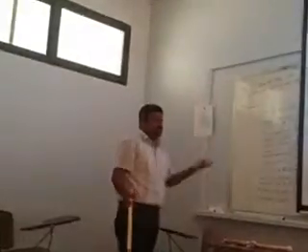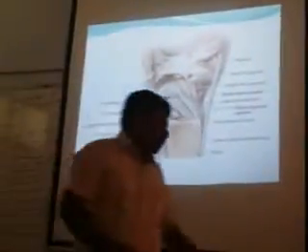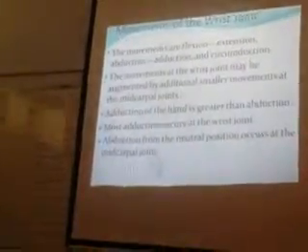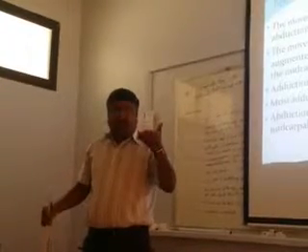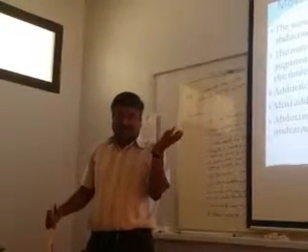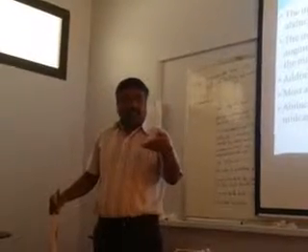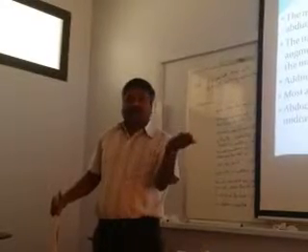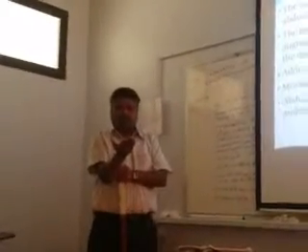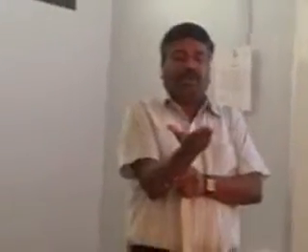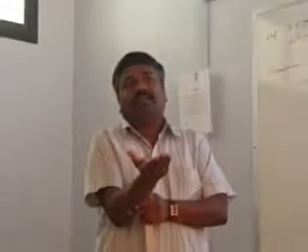So that is about the capsule and then the ligaments. Next, look into the movements. As already explained, as it's an ellipsoid joint, you have movements in two axes. What are they? Flexion, extension, adduction, abduction. Adduction is deviation of the hand towards the little finger side, and abduction is towards the thumb side. Observe carefully my hand. This is ulnar deviation, also called adduction. Radial deviation is also called abduction of the wrist.